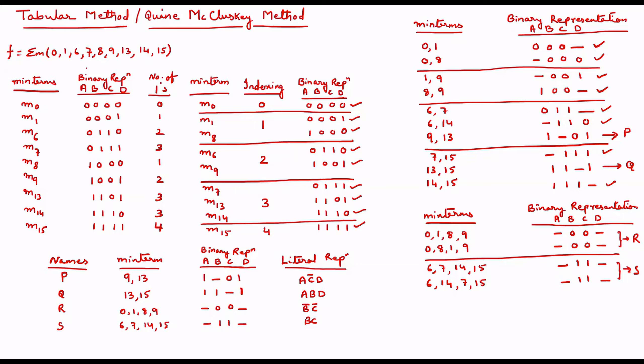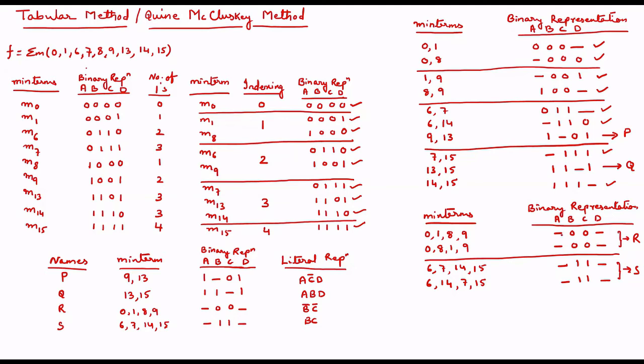This one as P and this one as Q. Okay, I hope I'm clear to everybody. Next, I form this group from this one. Now you can see 0 1 8 9 and 0 8 1 9 all have the same min terms. Values are also the same. So I'm making this one common, making this one R, and making this one also common, making S, because the values are the same. So I got 4 different names, P, Q, R, S. You can give any name of your choice.